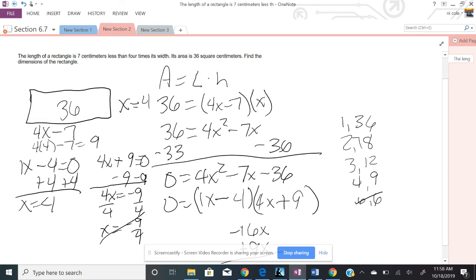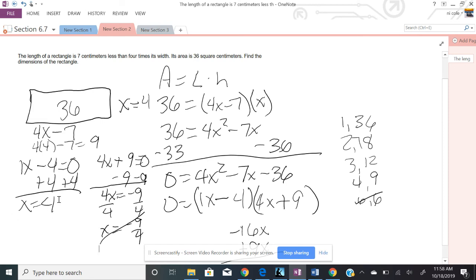Okay, so you can't have a negative distance. Remember that in our real world applications. But sometimes this might be a negative 9, so a negative and a negative makes it a positive. So once again, do not throw them out. We do trick you periodically. So don't just quit. So your answers would be 4 and 9 when they ask you these questions,